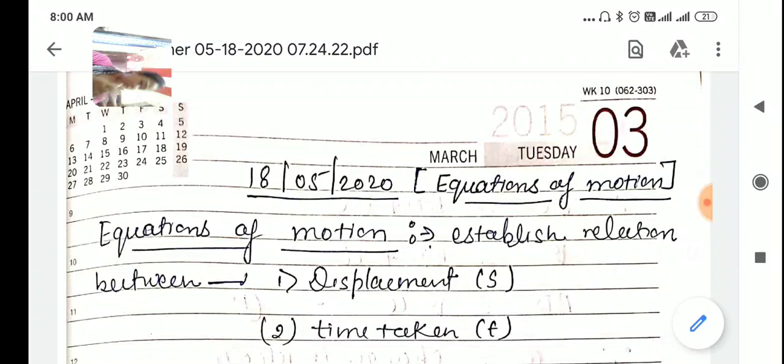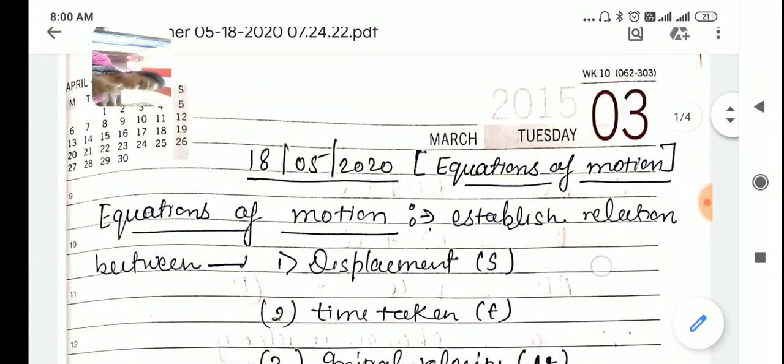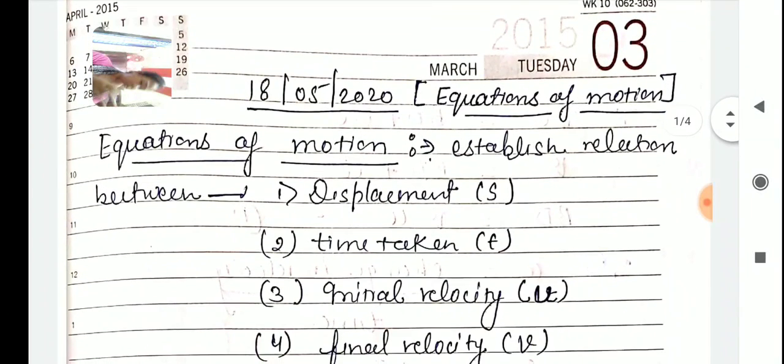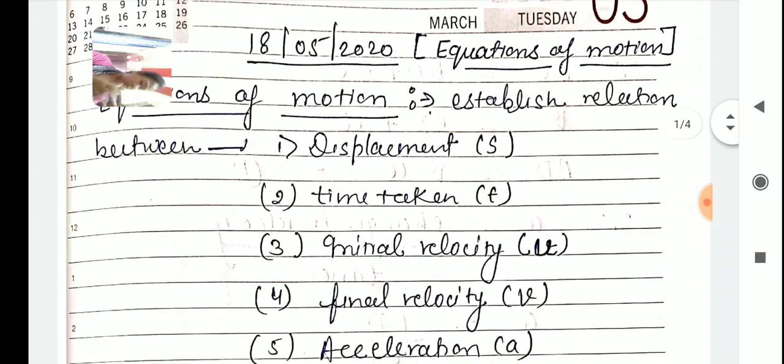the motion. So, what type of quantities describe the motion? We have different types of quantities that describe the motion of the object, for example, distance, displacement, velocity, acceleration. These are the quantities with which we can define the motion of any object. Now, the question is that if we have the value of any two or three quantities, then how will we get the next quantity or another quantity?